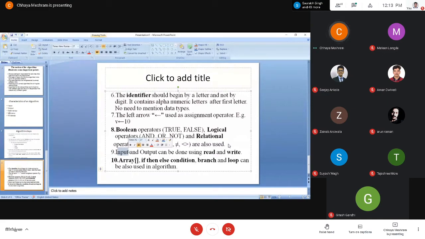If you want to write an algorithm, at that time we can start it with the algorithm keyword, then the name of the algorithm, and whatever parameters we want to include. If you want to include any comment, in the comment you write your problem description, and secondly what the input is and what the output is. If you want to use any if statement, that will be ended with end if.